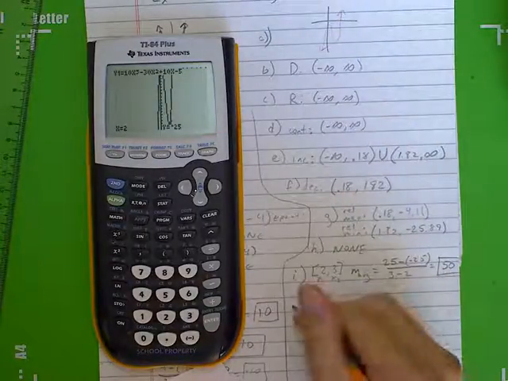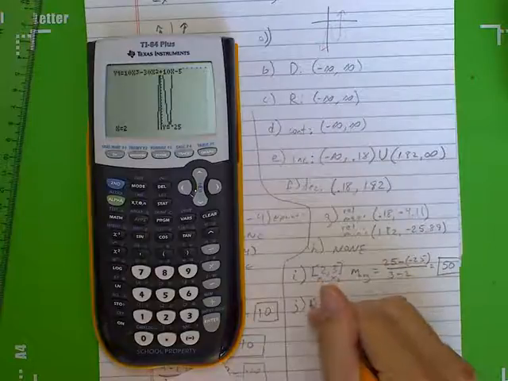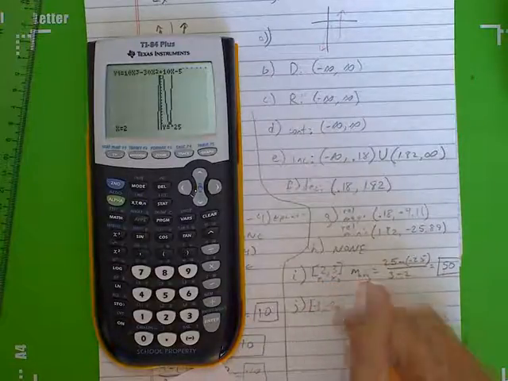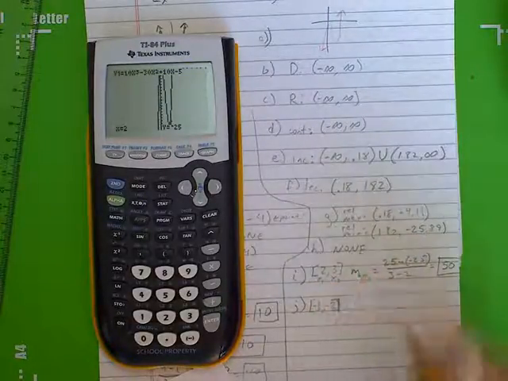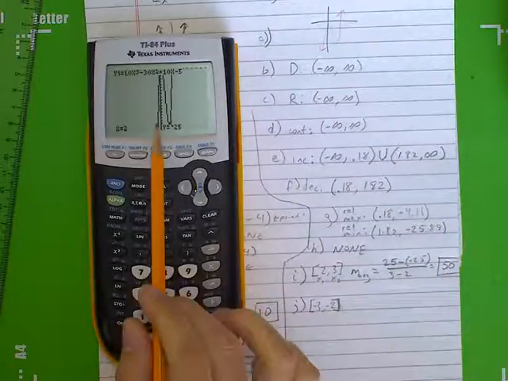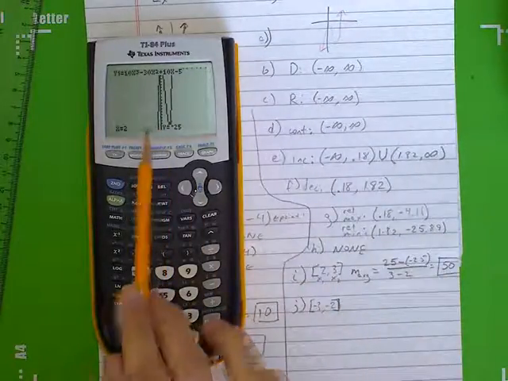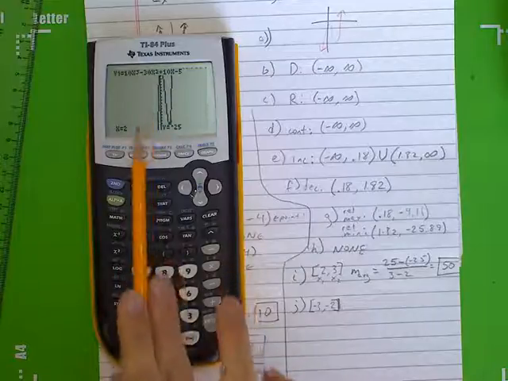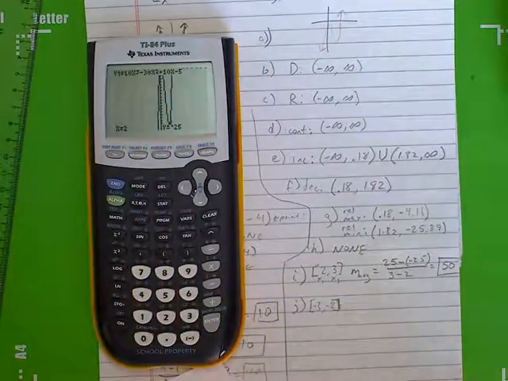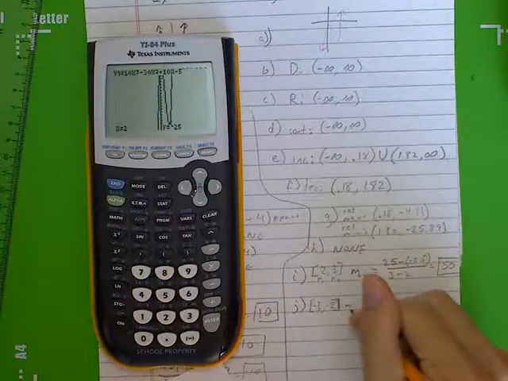Okay. Now let's do J. So here our interval is negative 3 to negative 2. Now, is it going to be negative 50 this time? No, our graph isn't symmetric. And also we can see that to the left side of our graph it's increasing. So we should get a positive number here. So my average slope,